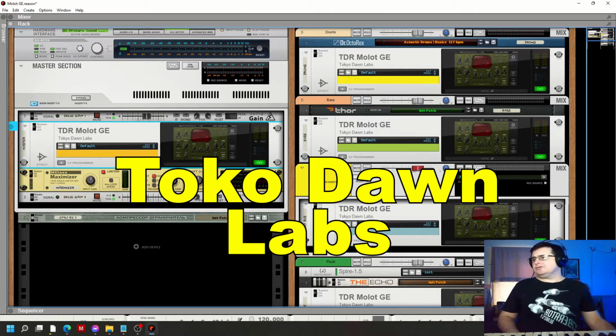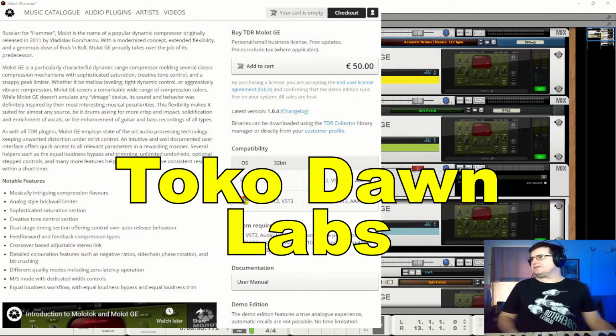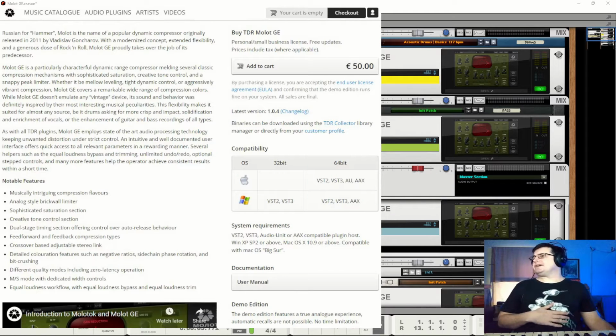So, Tokyo Dawn, we've looked at quite a few times. This is the page without the pretty picture at the top for the full Molot GE Gentleman's Edition. Remember, there is the Molotok, which is the ungentlemanly edition, which is free. You do lose some of the more high-end functions from here.